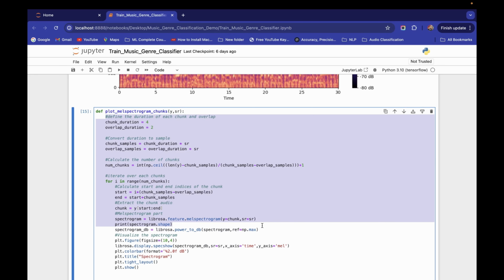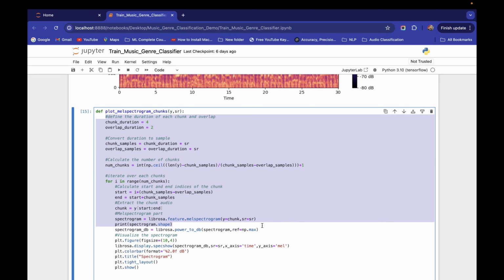We will override this mel spectrogram variable with this resize, and inside this we will write np.expand_dims, because we have to expand the dimension. Inside it we pass our mel spectrogram, and the second thing we pass is axis equal to -1.